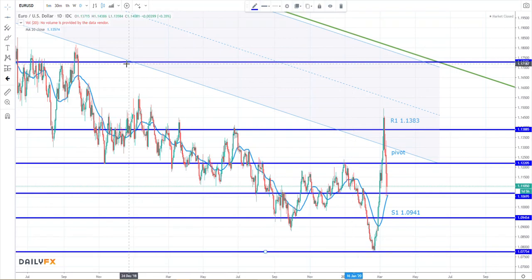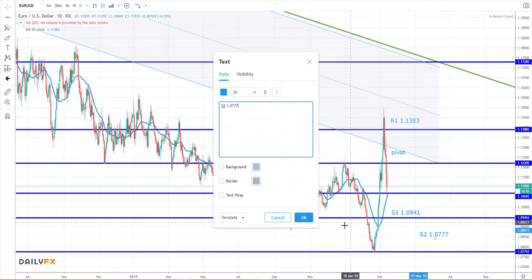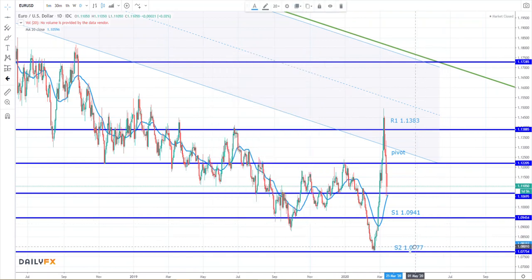That's our last low. That's S2. There we go. So this week we could see prices just kind of cool out in this range between